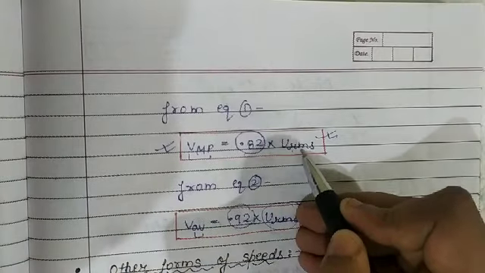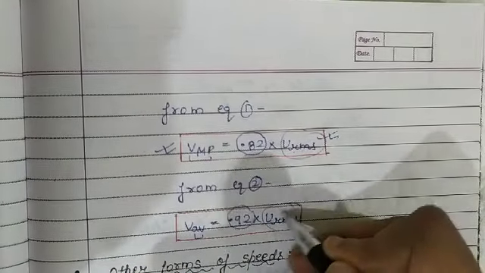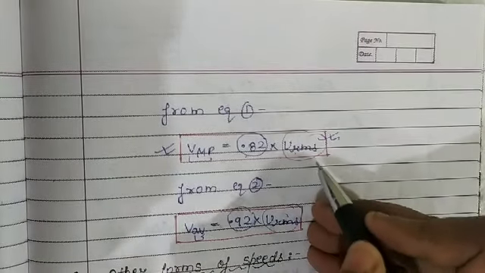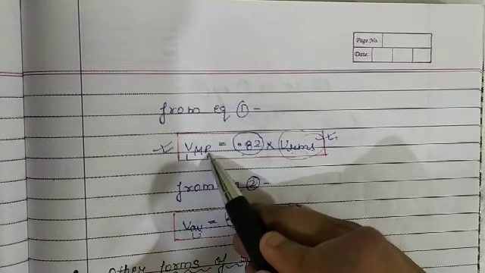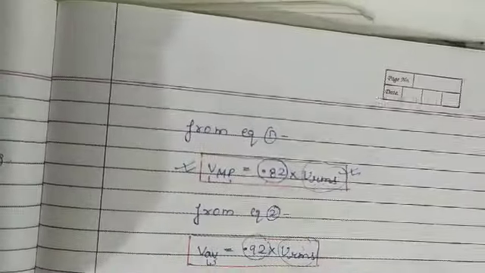If we know the VRMS, we can calculate most probable. Again, if we know VRMS, we can calculate the V average. So only one velocity we have to calculate, which is VRMS. From this velocity, we can calculate most probable. From this velocity, we can calculate V average. See the question on this.